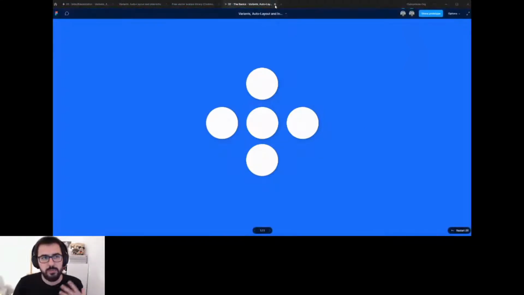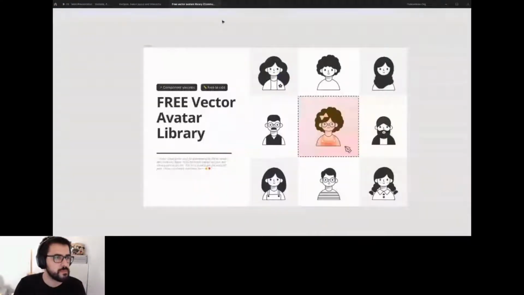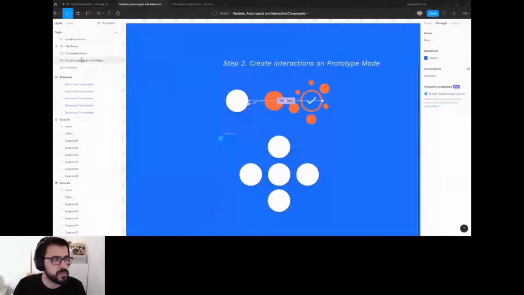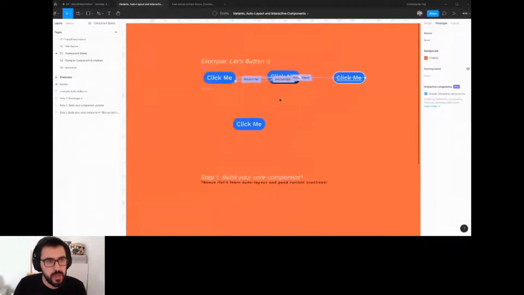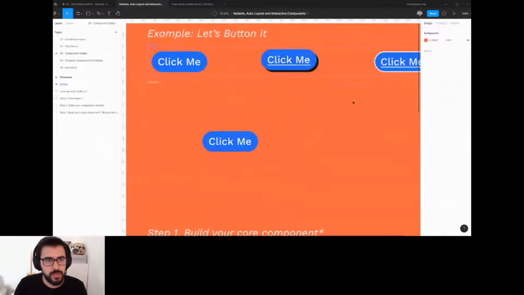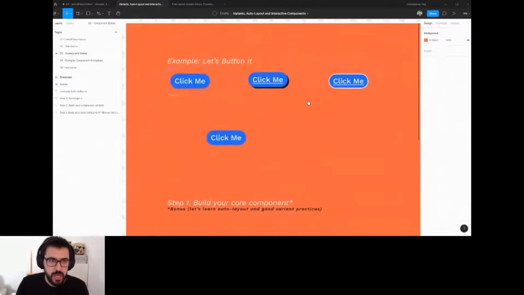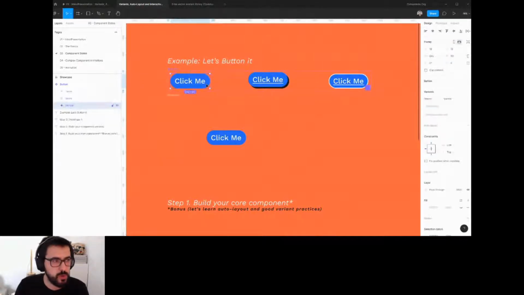Now we're going to actually build things. And let's go back here. So let's kind of talk about component states. I got an example here, and I'm going to show you. So I created 3 button states. One is the normal one, then a hover one, and then I actually created a focus state, because if you guys have ever had to try and design for accessibility, the focus state is really good, for example,